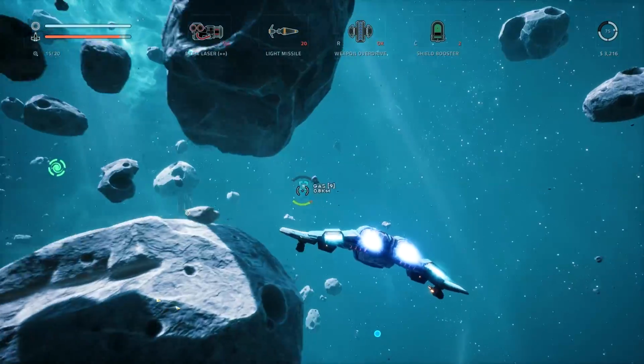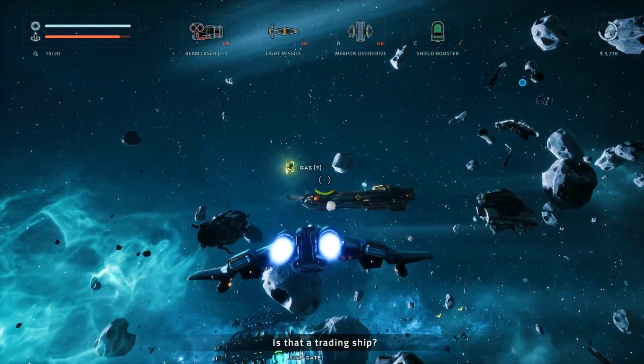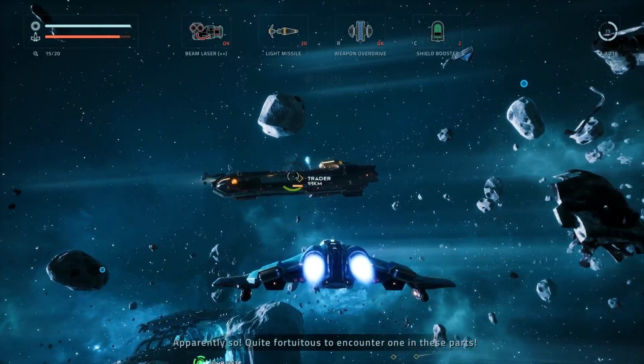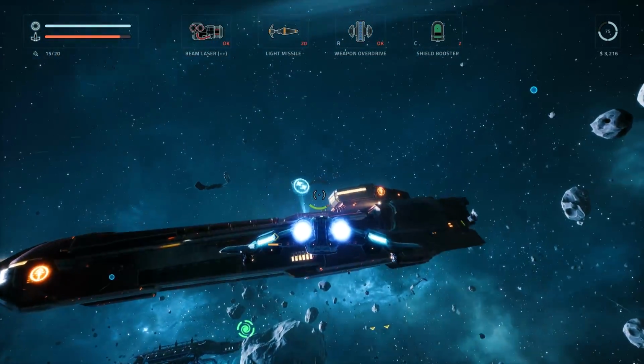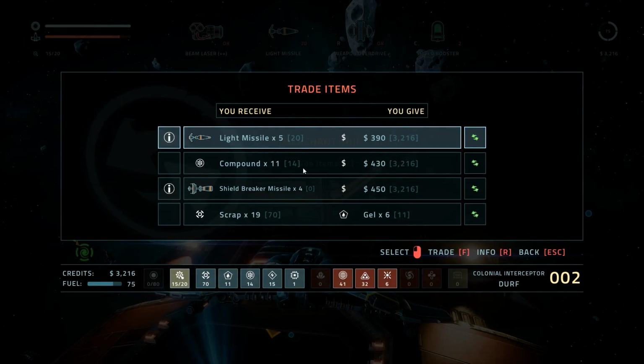Everybody likes swag. What kind of ship is this over here? Is that a trading ship? Apparently so. Quite fortuitous to encounter one in these parts. About time. Yeah, no kidding. We should probably make use of that, considering we're sitting on top of like $3 grand right now. That's not even being utilized. What do you got going on, merchant ship? You got some light missiles. You got some compounds. So it's actually literally trading in this game. You actually trade stuff that you have for stuff that you want. This guy doesn't really have anything that I'm incredibly...